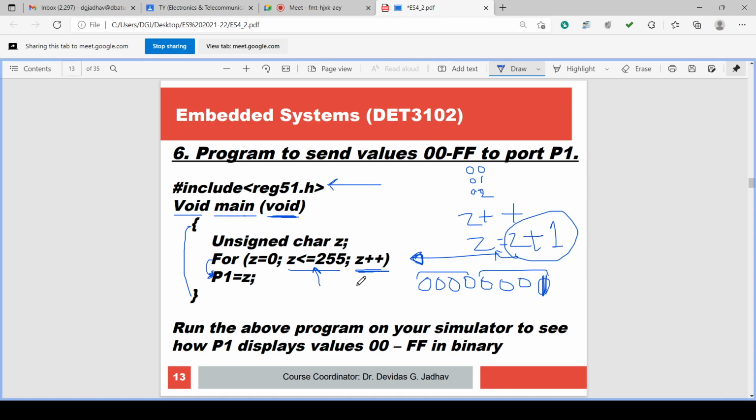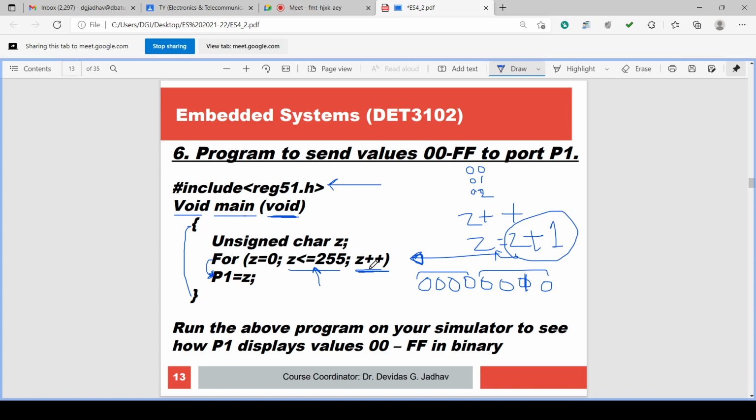Again Z is increased to 0 2. Again the condition is checked, 0 2 is less than 255. 0 2 is 1 0 in binary. So the second pin is high, the last pin is low, and the remaining pins are low. Again P1 is assigned with this Z, so P1 will be 0 2.